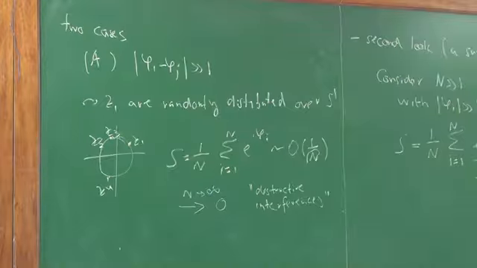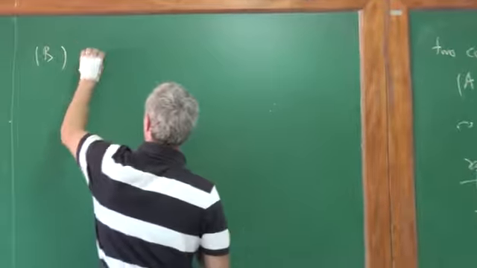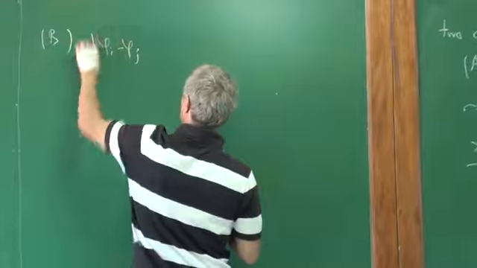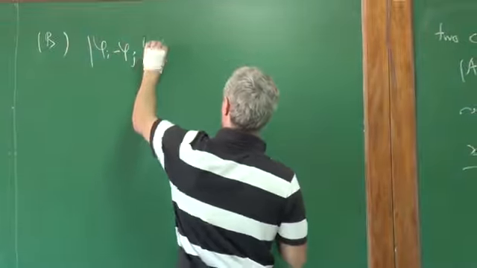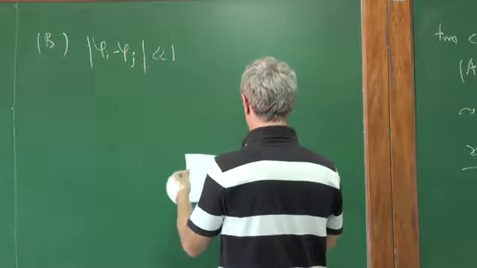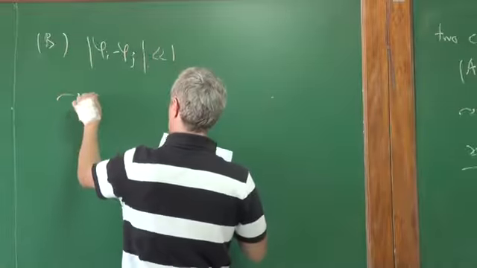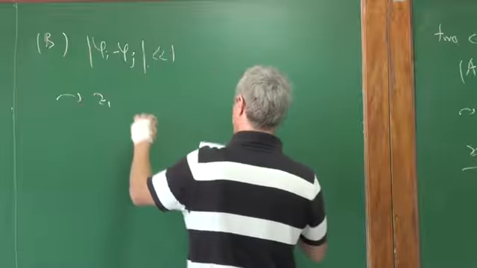Now we could think, however, also of another possibility, and this would be that the phases can be very large, as in case A, or as we assumed from the beginning, but it might be that they are not so far distant from each other. Okay? So this would mean that the phases themselves can be large, but the typical distance between different phases can be much smaller than 1,